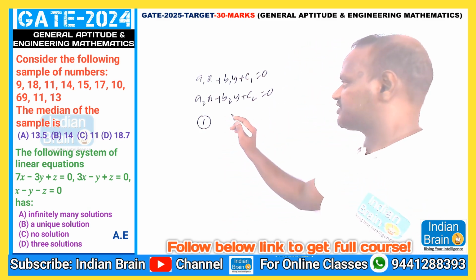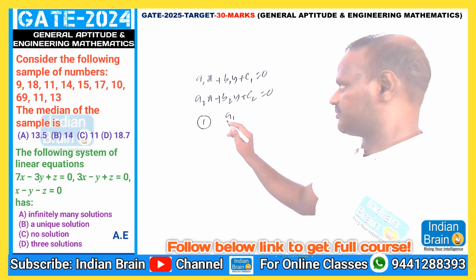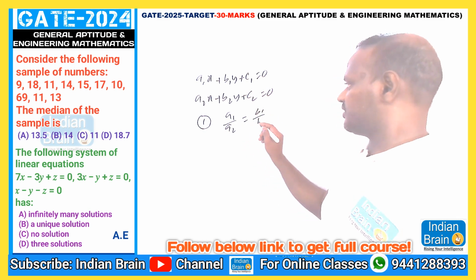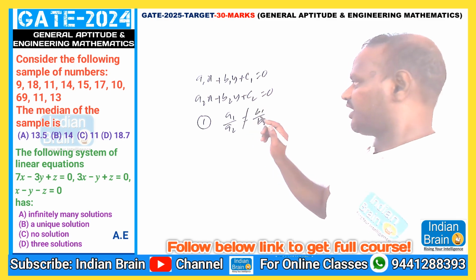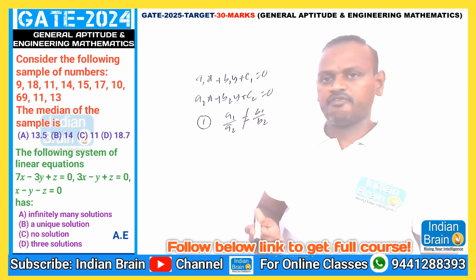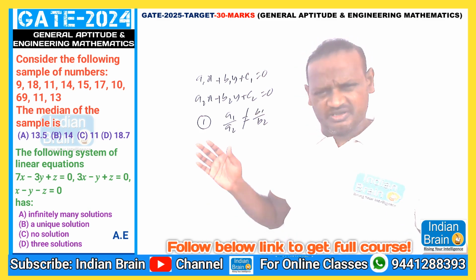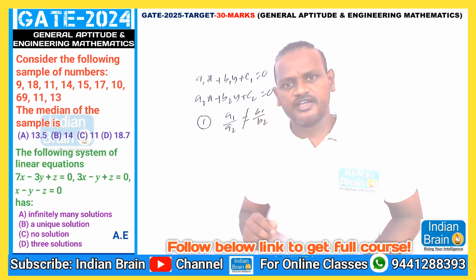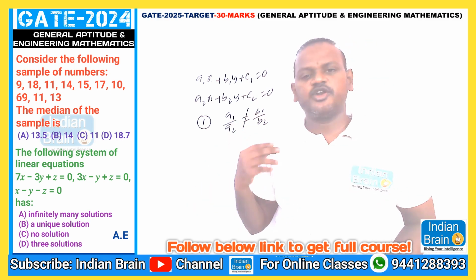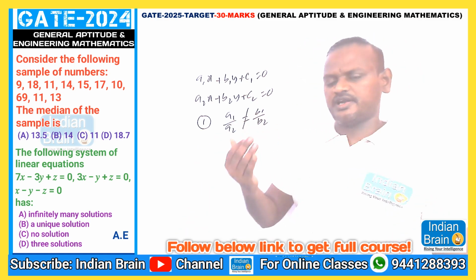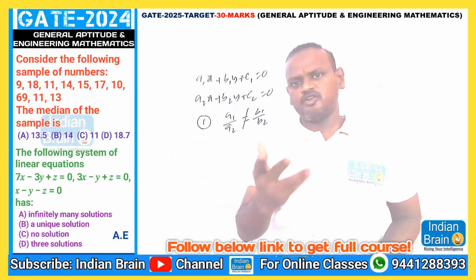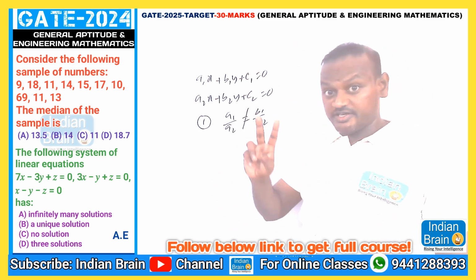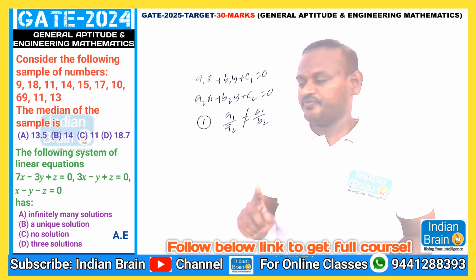So we need to understand the basic relation between them. For the first condition, observe clearly: a1 by a2 is not equal to b1 by b2. Ratio a1 by a2 is not equal to b1 by b2. 10th class story, don't confuse. Then directly what can we say? It will have a unique solution. Unique solution means the x value will be different as well as the y value will be different. That is a basic concept here, right? So a unique solution will be there for this one, if it is a two variables equation, condition number 1.